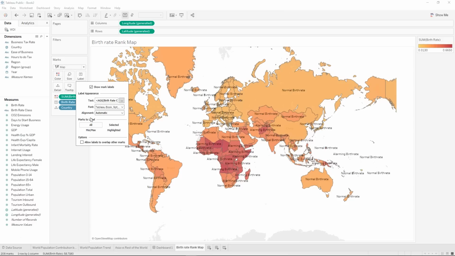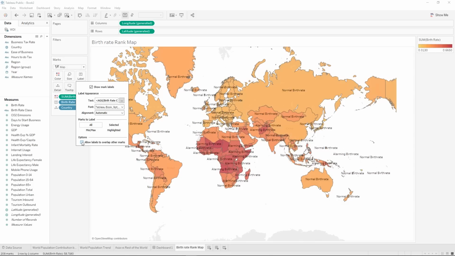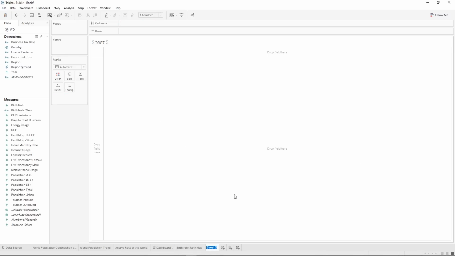One thing you can do is, when we have allow labels to overlap other marks selected, it will make sure that every label shows up, but it gets super crazy in there. So there are some times where the labels may overlap a little bit, and you'll want to select this option. In our case, we don't want that. And now we have a visualization showing a birth rate map based on rank. Our next visualization is going to be about average life expectancy,